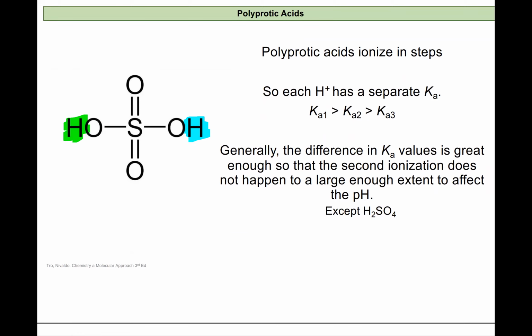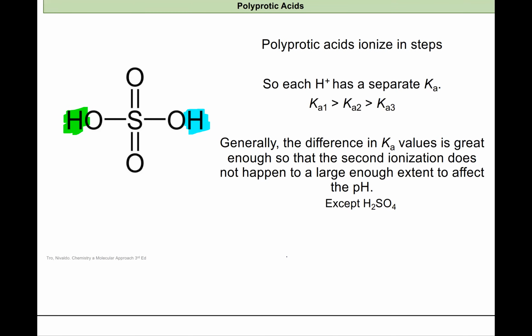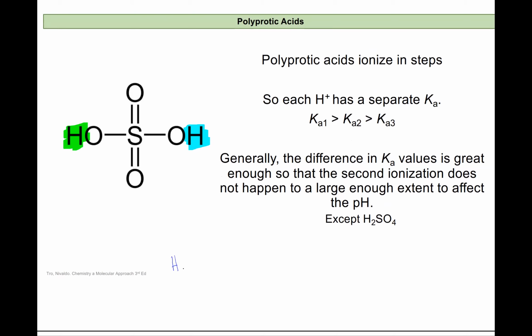And so the way this will react in acid-base reactions is first you'll lose one of your hydrogens and then the second one. There's actually two separate equilibrium constants for completely ionizing sulfuric acid. You start with H2SO4, which is a strong acid, plus water, which will give you HSO4 minus plus H3O plus. So this is Ka1, our first Ka. Now this is a strong acid, and so we're going to form